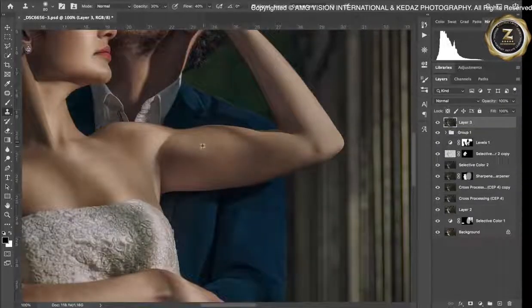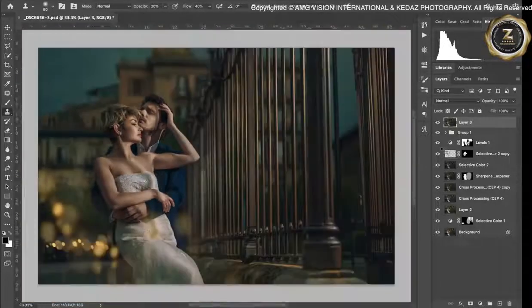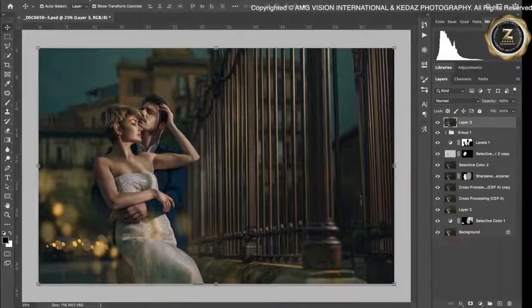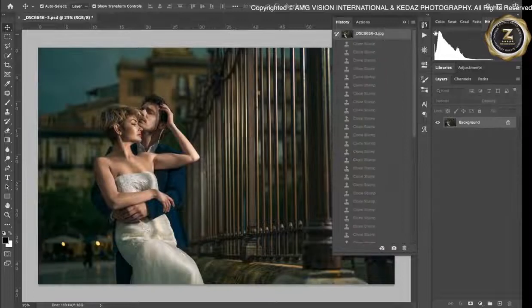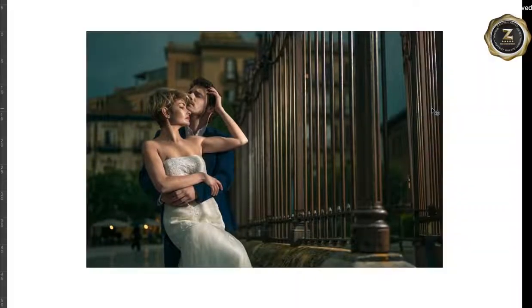Here. Okay. Good. Alright, beautiful. Alright, done. So let's check the before and after. Okay. So this is from Lightroom. Okay, this is from Lightroom, and